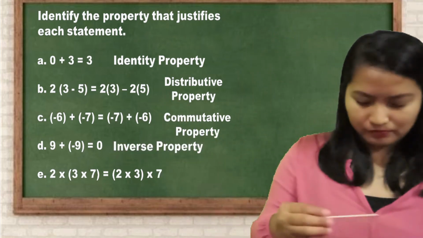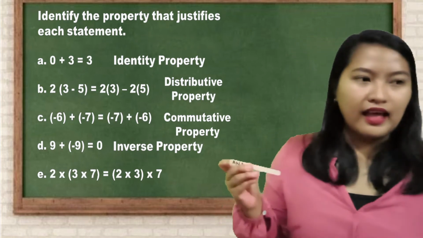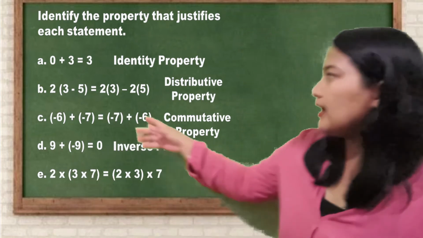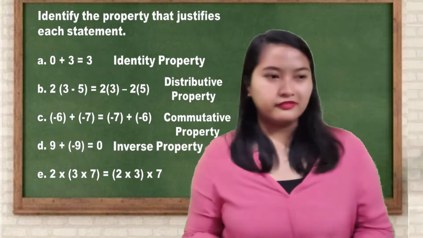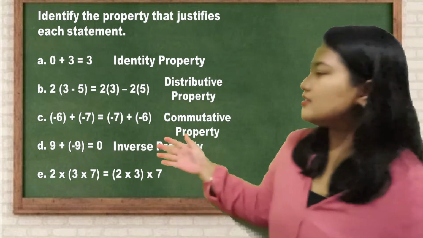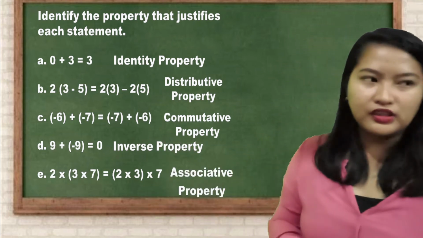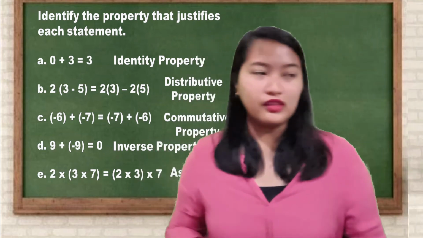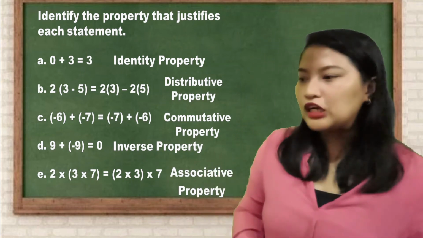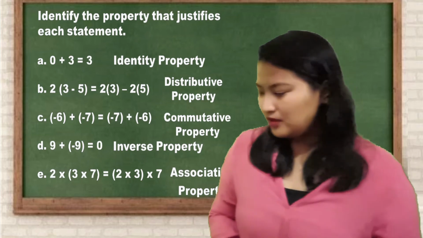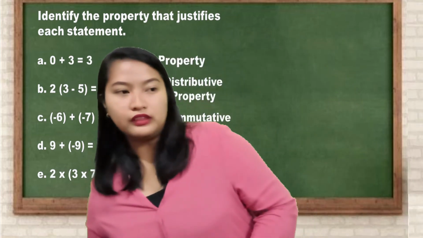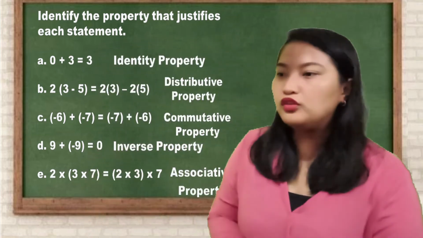And the last one, we have Anna. Anna, what is the last property? Very good, it is associative property. So always remember the 6 properties that we have in our operations on integers. Now that you have mastered already our lesson for this morning, I want you to get a